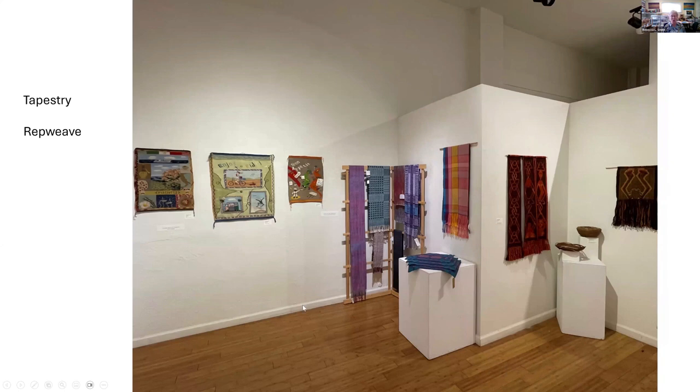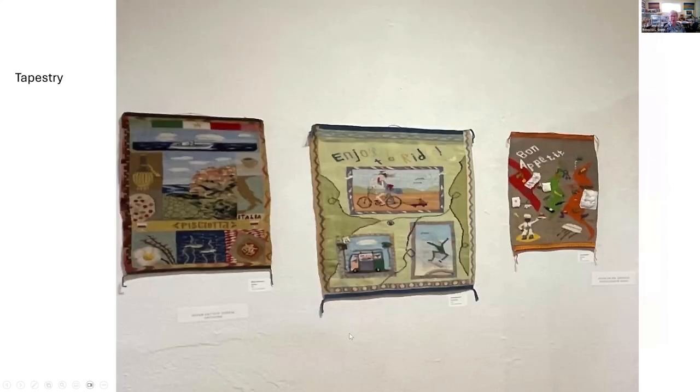And then moving to this wall, we've got some tapestries here. And I've said here on the side of rep weave, these placemats are done in a beautiful rep weave pattern. I think I have a slide showing the tapestries closer up. This member had traveled and used some of her experiences on her trip to weave some pretty joyful, happy looking